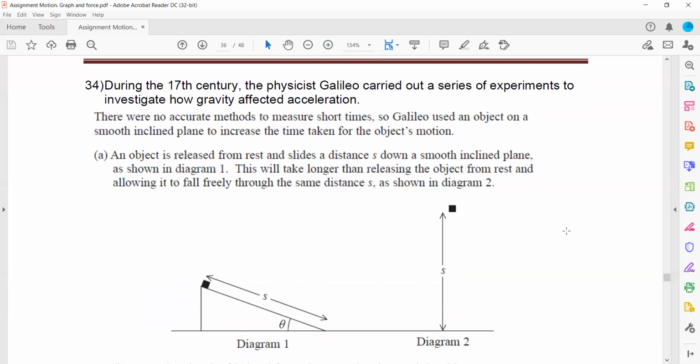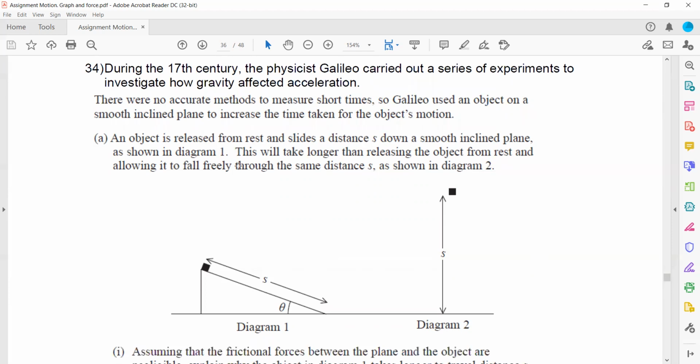There was no accurate method to measure a short time. So what Galileo did, he used an object on a smooth inclined plane to increase the time taken for the object's motion. An object is released from rest and slides down distance s on a smooth inclined surface as shown in diagram 1. This will take longer than releasing an object from rest and allowing it to fall freely through